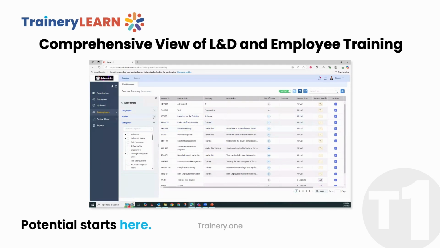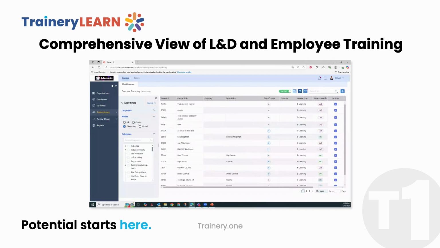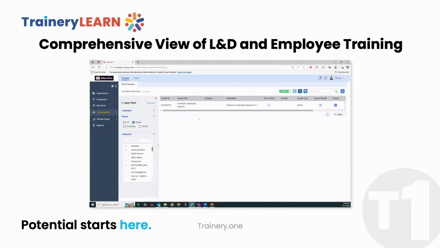So if we were to open up, for instance, our modes, we can see our on-site training, e-learning training, and our instructor-led training. If we wanted to filter this down to just e-learning courses, we can see that. Our on-site courses, we can see that. In fact, let's take a look at the on-site course here. We've got the Advanced Leadership Program,